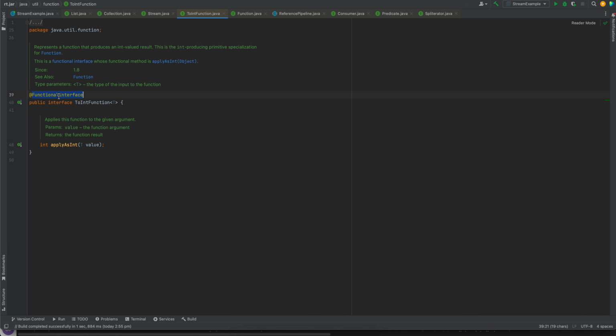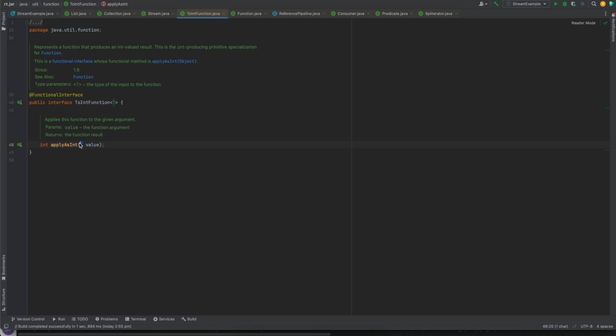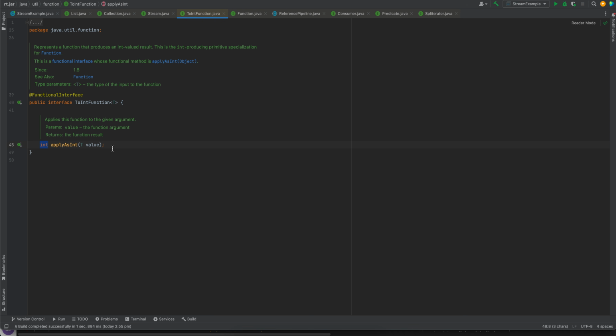This is the functional interface. It will accept anything and return an integer, whether a string or any other value, because it's a generic type. So mapToInt will iterate over each element and pass it to this functional interface. For each element, what I'm doing is converting it with Integer.parseInt. So I am returning the integer value, 2147, now in integer form. Now it is returning an IntStream,